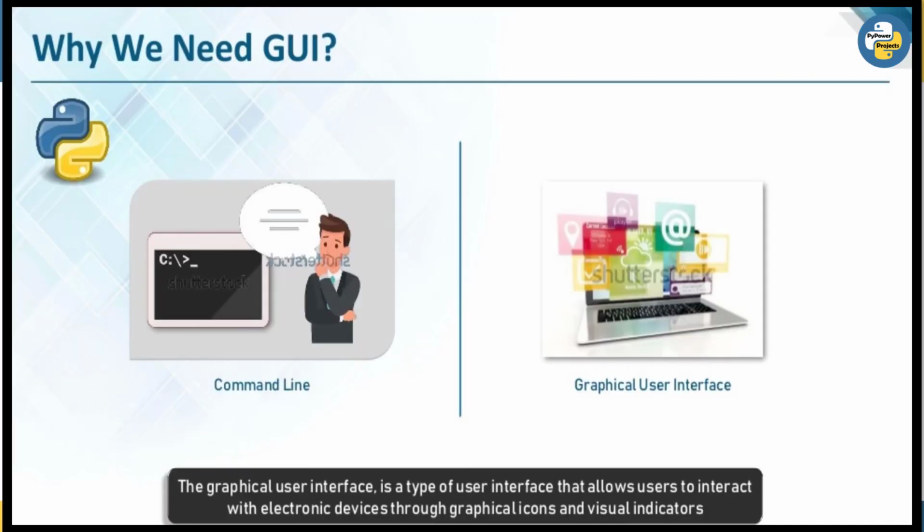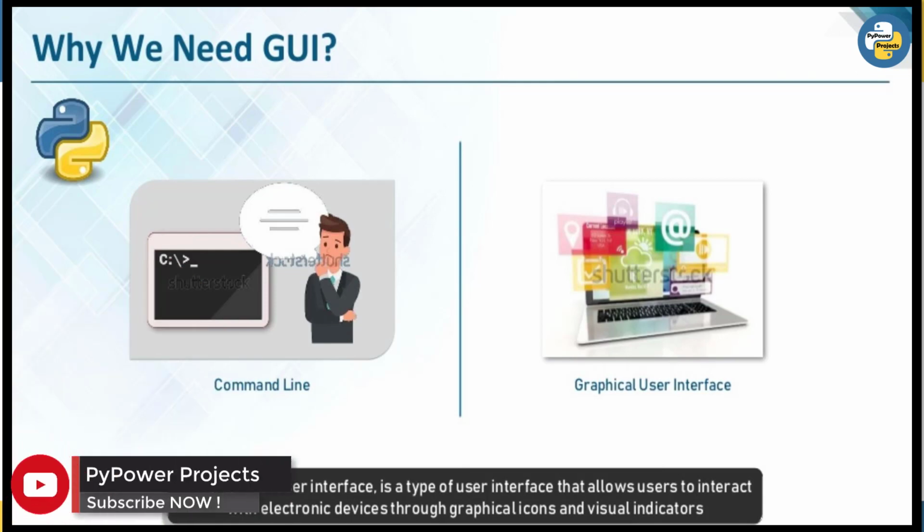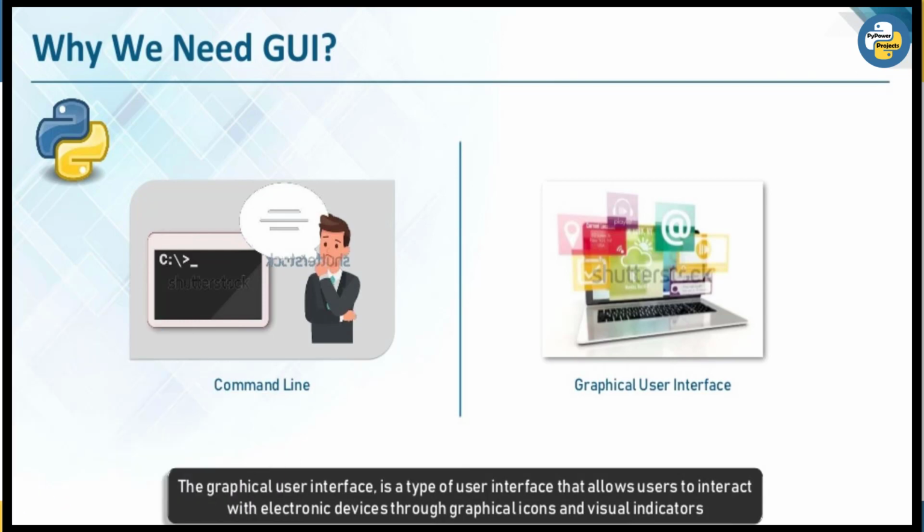First we need to understand why we need GUI. What is GUI? Everybody knows it is graphical user interface. Why do we need GUI? A GUI is a screen for the client to hold and to provide our services. The best example that I can give for a GUI is an ATM machine. When you go to the ATM machine, you have to select your account, give the password, PIN, and enter the amount.